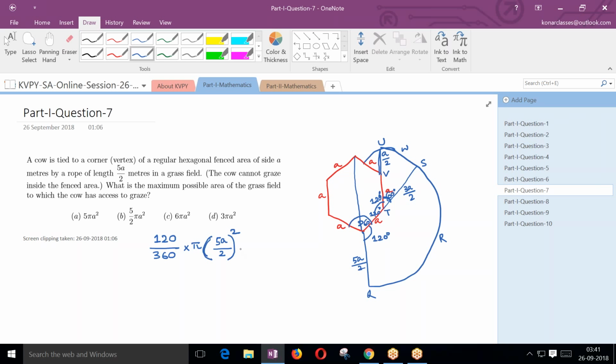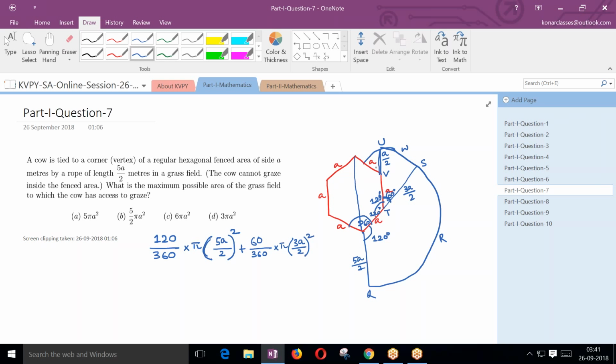So what will be the area of that region? That should be 60 by 360 into pi into a. What is a here? 3a by 2. So 3a by 2 whole square,